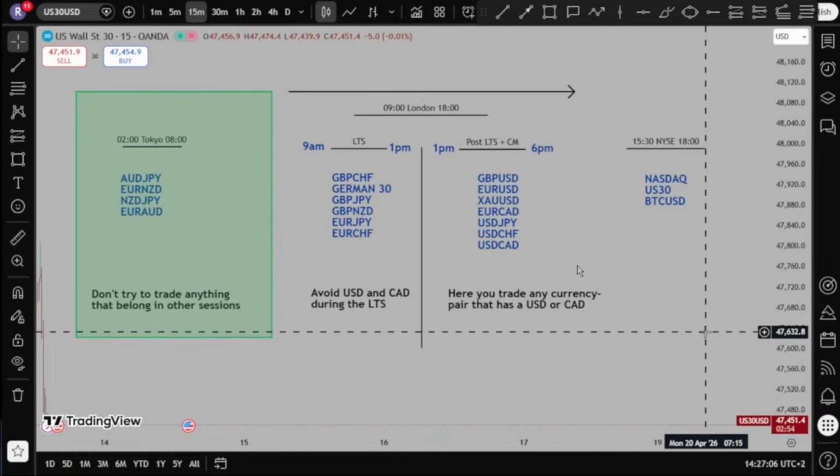Now what we have right here is the timing element for all instruments out there: when to trade exactly, the instrument specifics of the timing element. What we have here is the Tokyo session, the London session, and the New York Stock Exchange. When you are interested in trading XAU USD, the gold spot, GBP USD, Euro CAD, USD JPY, USD CHF, or USD CAD,